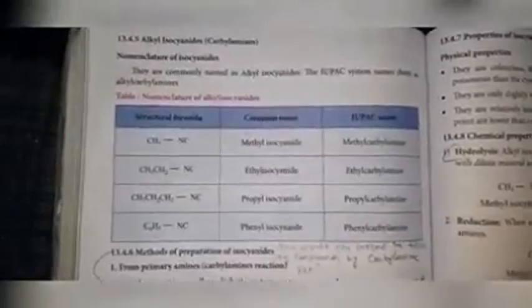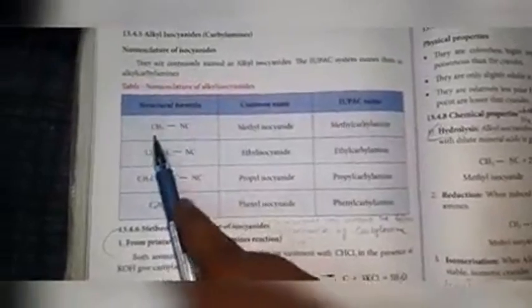So, this is the common name. And for the IUPAC name, it is named as alkyl carbylamine. Here methyl, and this is called carbylamine. Methyl carbylamine, ethyl carbylamine, 3 carbons are present, so propyl carbylamine,